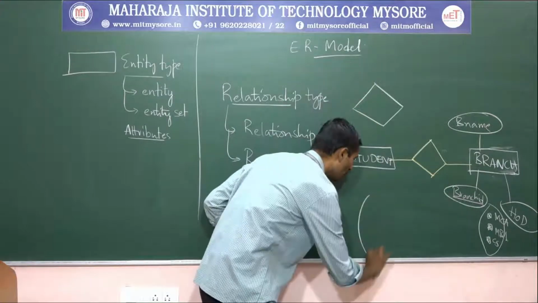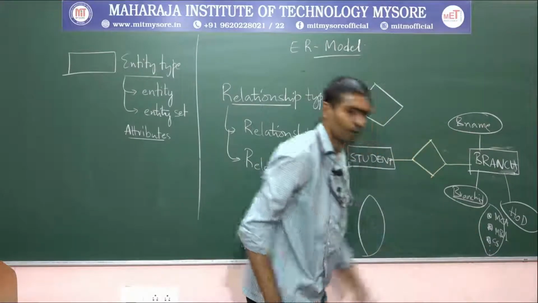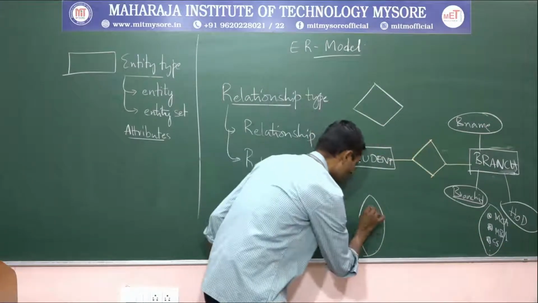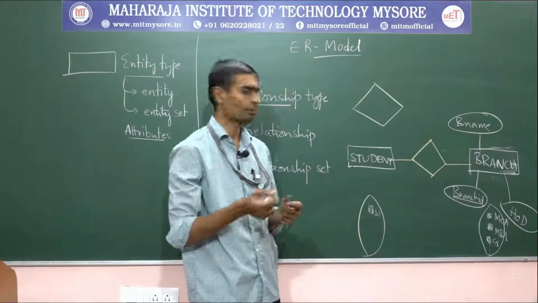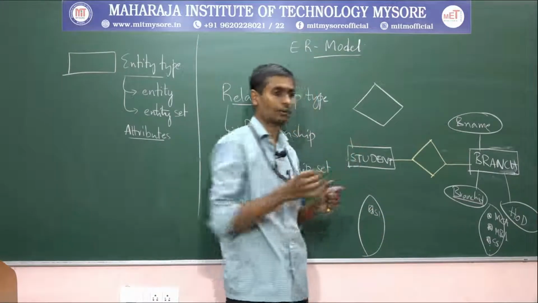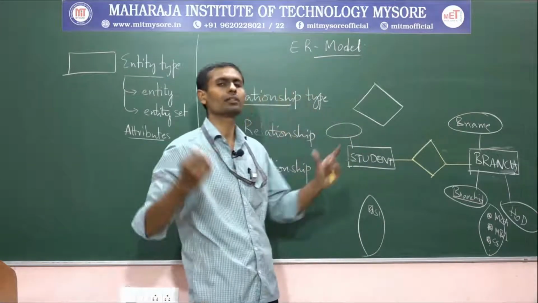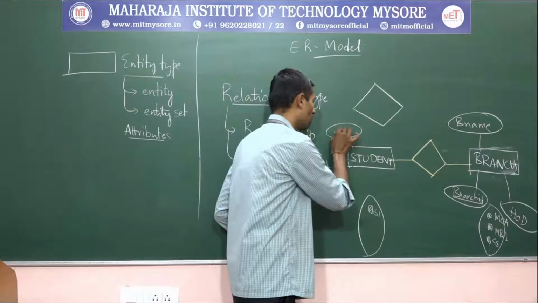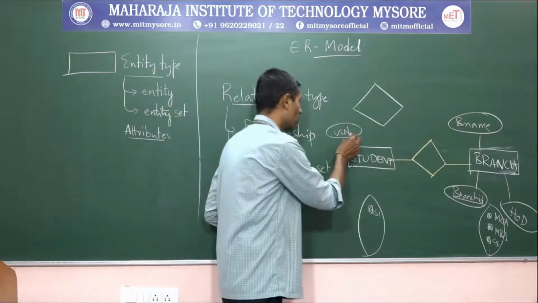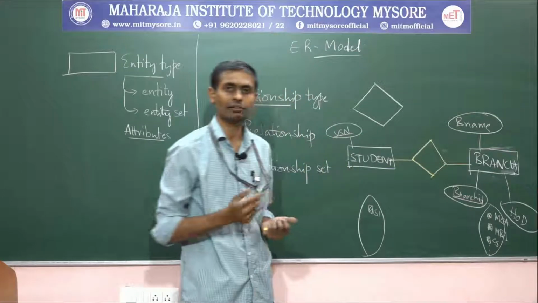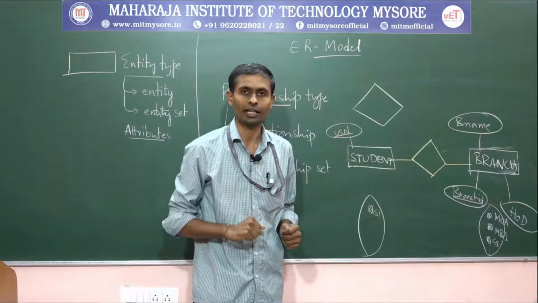Then here also there could be many students. N number of students we may have, N number of branches, like that. So each student, let me call by name S1. S1 represents some student. We'll try to describe the first student. So what are the attributes or properties of the student? Student might have a USN. With the help of this only we'll identify each student, so let me underline it as an indication that USN acts like a key attribute in the student entity type.